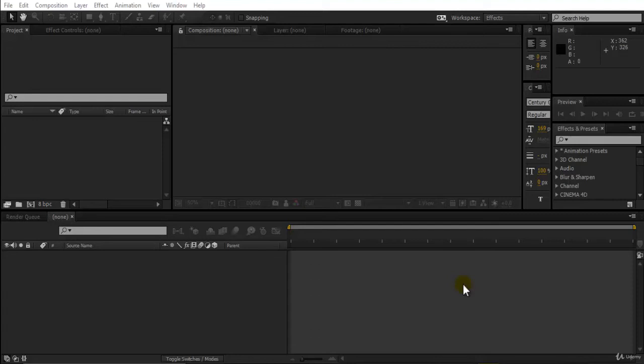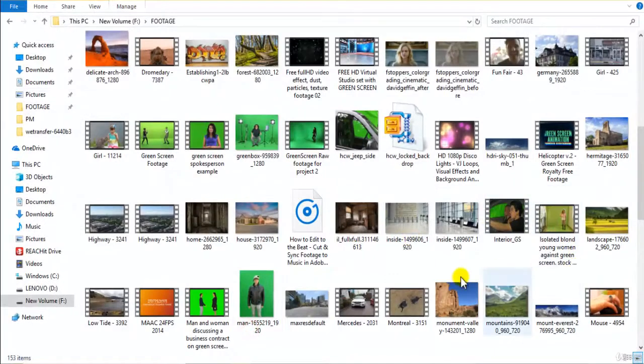So as you can see, I have opened my After Effects software, and inside that I will be importing a footage which is video footage. What I would like to do here is key out that footage, and then I'll be merging it with a background, and then we will be creating that light wrap effect, and we'll also be looking at some color corrections in order to make it more natural.